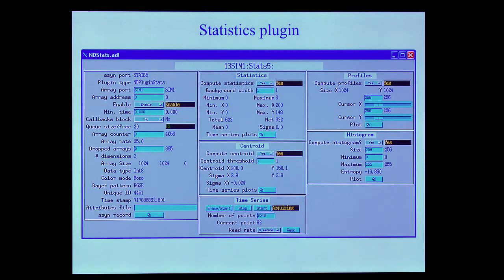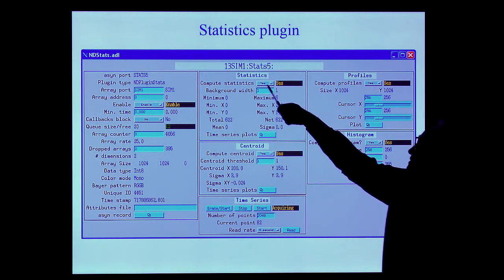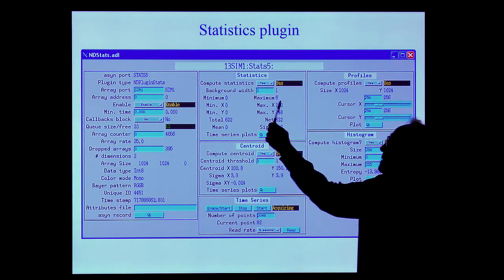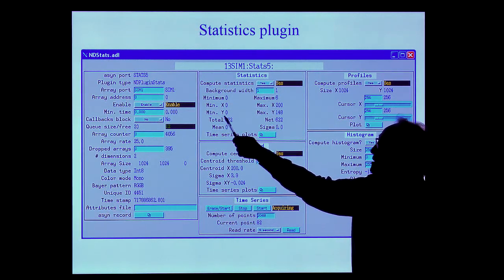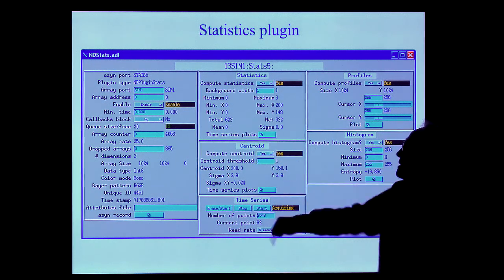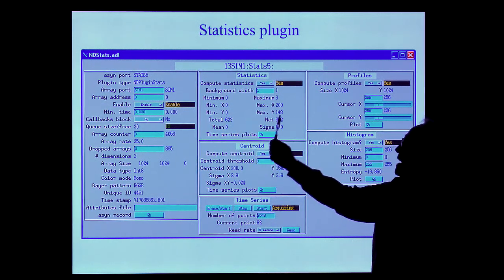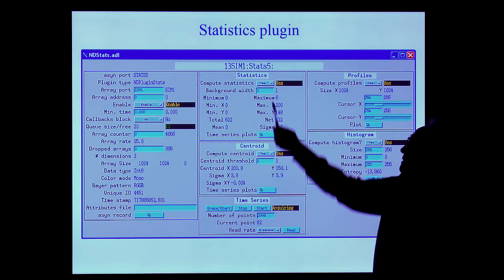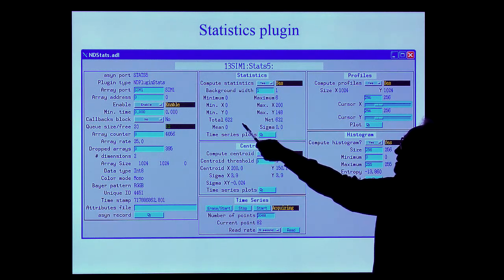Questions? Okay, this is the statistics plugin. Again, the common stuff on the left. So it's computing here basic statistics, which is minimum, maximum, the X and Y position of the minimum and maximum, the total number of counts, the net number of counts, the mean and sigma, and the net counts is the total